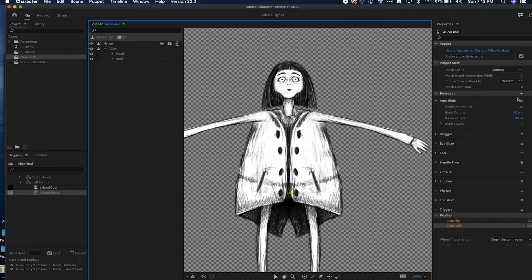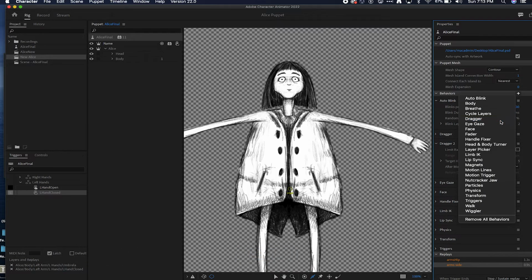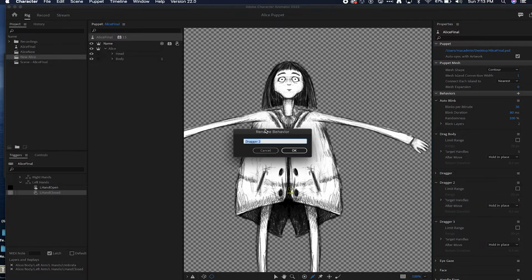And the way we're going to do that is just go to behaviors, hit the plus, and select dragger, and then hit the plus and select dragger again, and then hit the plus and select dragger again. And because these are not very useful names, I'm just going to go ahead and name each one. So I'm going to rename this dragger, call it drag body, so that I know will be my body dragger. I'm going to rename this dragger drag right arm,